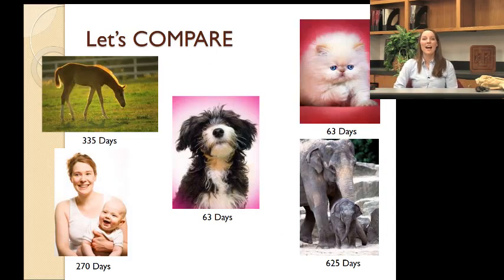So this slide has a bunch of different species of animals on it. There's a horse, a cat, a dog, an elephant, and a human, all mammals. And underneath them is the gestation length in days of each one of them. So the horse has a gestation length of 335 days, so that's how long it's pregnant. The dog is 63 days, the cat is 63 days, an elephant is 625 days, and the human is 270